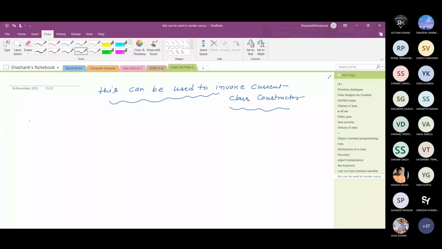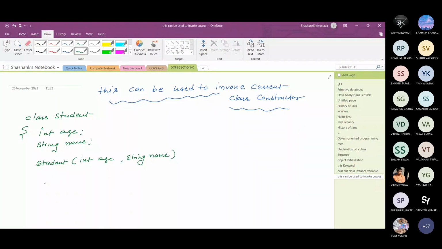So I again take the Student class example, class Student. Suppose there is an integer age and a string name, two fields. And here there is a constructor. In order to initialize a Student class object, we need to write Student, int age, and String name.